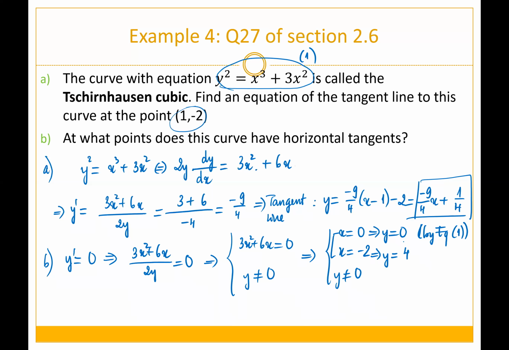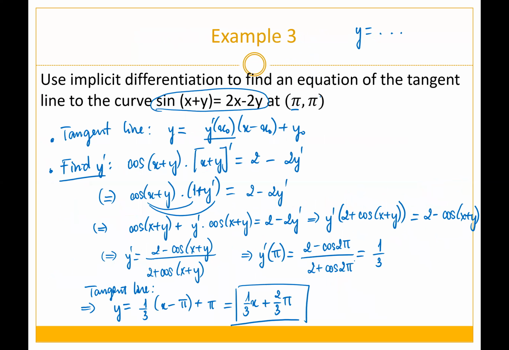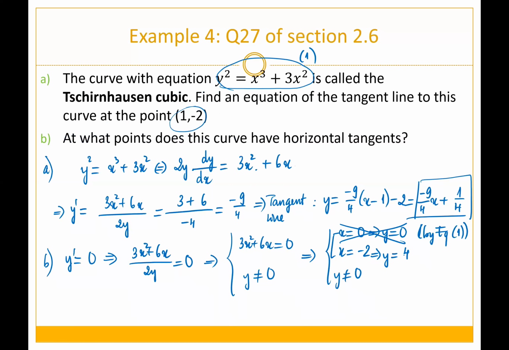Now, for sure, x equals 0 at y equals 0 is wrong, because your condition is y different from 0. Therefore, you only have one value left, which is x equals negative 2 and y equals 4. So this is the answer: at negative 2 and 4,